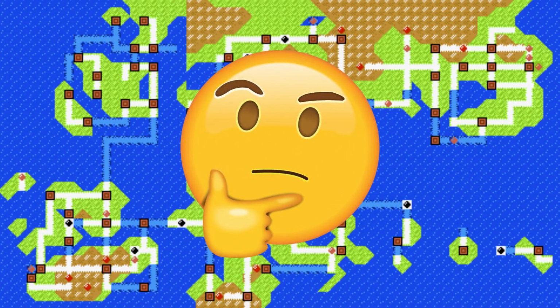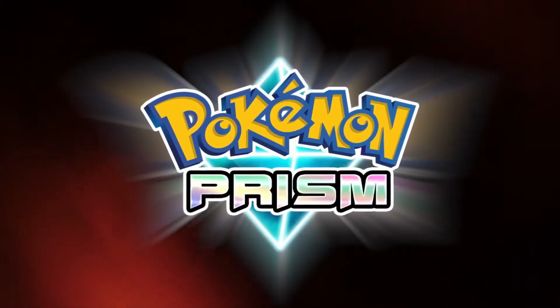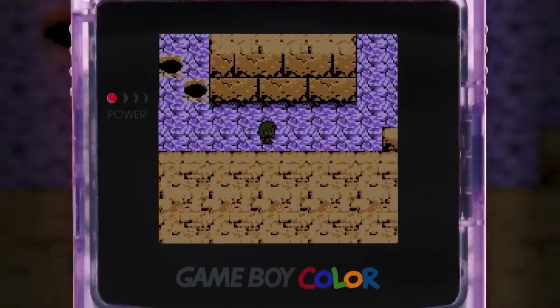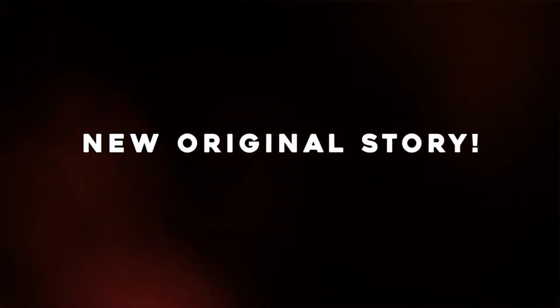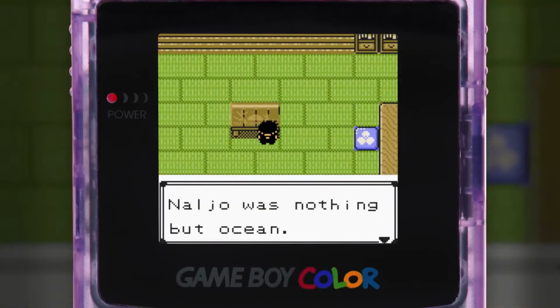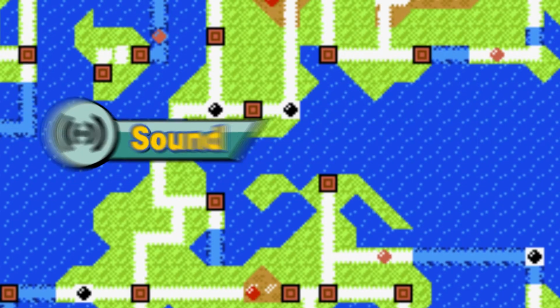We've all pondered the idea of new Pokemon types at some point, with the sound type being one of the most commonly thought of. If you are one of these people, then I present to you Pokemon Prism. This is a beautiful ROM hack of Pokemon Crystal, where you play as the offspring of Dragon Master Lance. This hack includes several survival features like mining and crafting, character customization, and two brand new types, the sound type